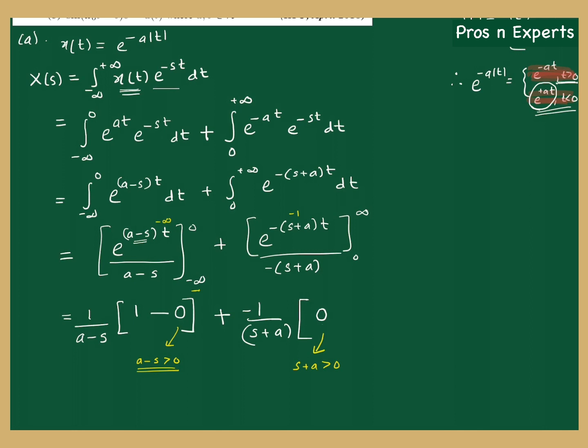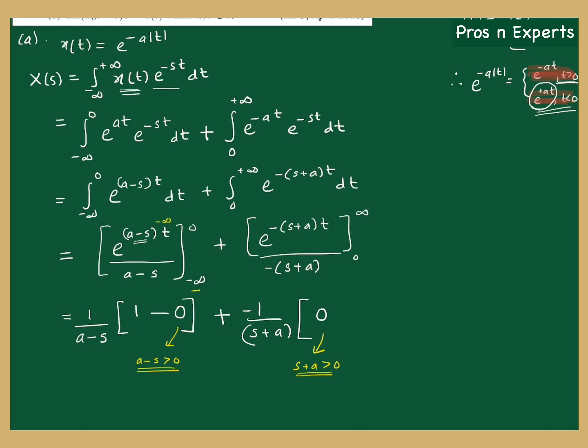Again, this part of the integral goes unbounded, infinite, so the entire Laplace transform will not exist. So for us to make sure that this Laplace transform exists, insertion of this upper limit should give you 0, and for getting 0 here, we have to make sure that s plus a is positive. That's why I am assuming that s plus a is greater than 0 here. Okay, so under these two